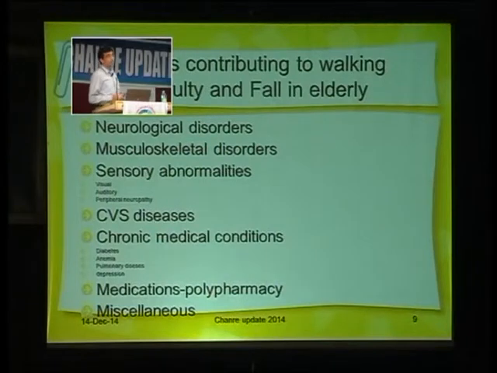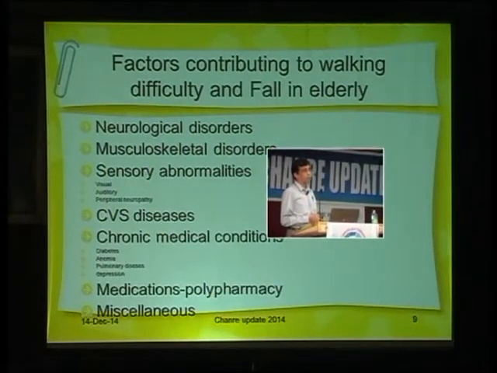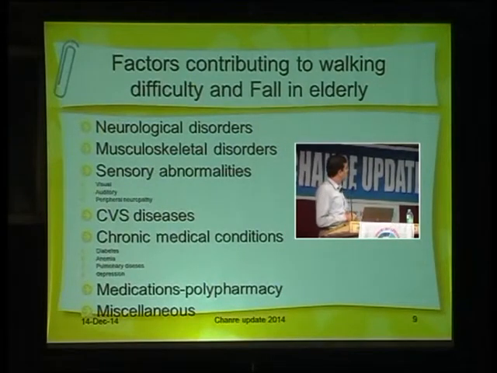So what are the factors which contribute to falls and walking difficulty in the elderly? I have talked about the musculoskeletal parts of it. In addition to musculoskeletal parts, a lot of elderly after 65, 70, are prone to develop many neurological diseases like Parkinson's, Alzheimer's, peripheral neuritis. If they are diabetics of 20 years duration, that is the age at which they develop peripheral neuritis due to diabetes. And strokes. Somebody who has got a stroke will have a residual deficit, and that also would contribute to their walking difficulty. So if these patients, in addition, have musculoskeletal symptoms also, their walking is severely compromised.